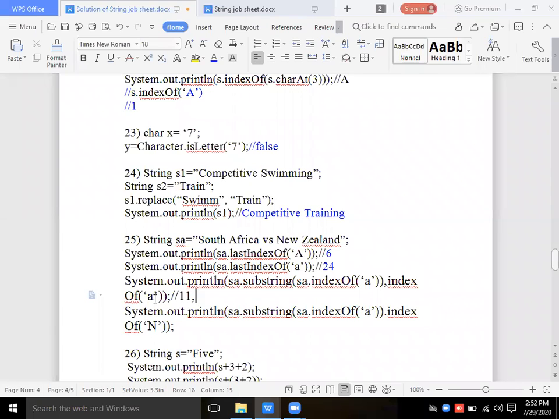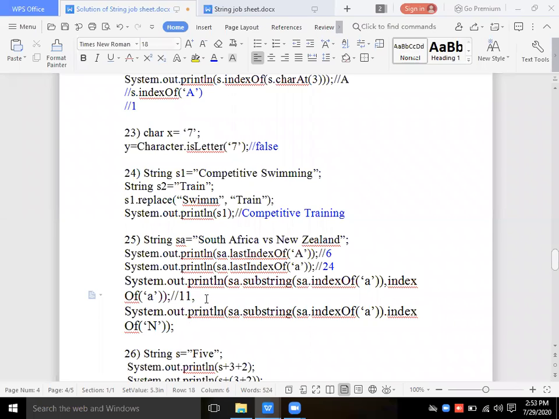Index of a again. Something is a mistake. Index of small a. I think it must be capital A. So now the index of capital A is 6. Okay, fine, small a.